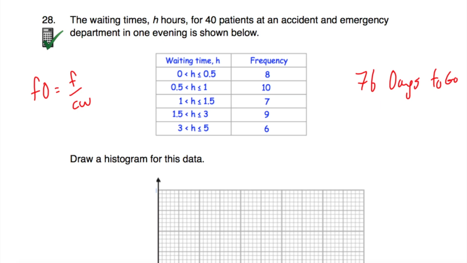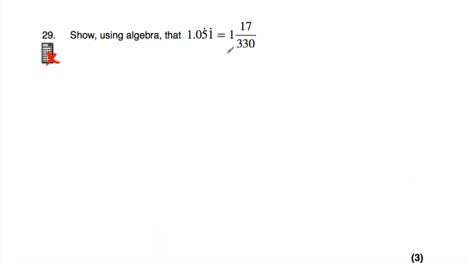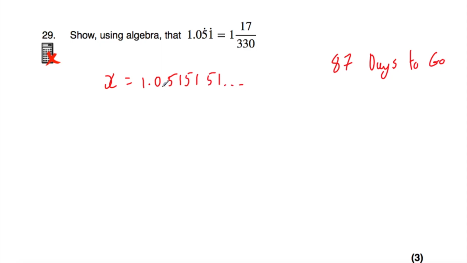Okay, our next question, question number 29. It's on recurring decimals to fractions. So if you need any extra help on this, watch 87 days to go, which goes through recurring decimals and changing them into fractions. If you want a quick hint, what you're going to do is let x equal 1.0515151 and so on. That's equal to x. I would then find what 10x is, because 10x would be equal to